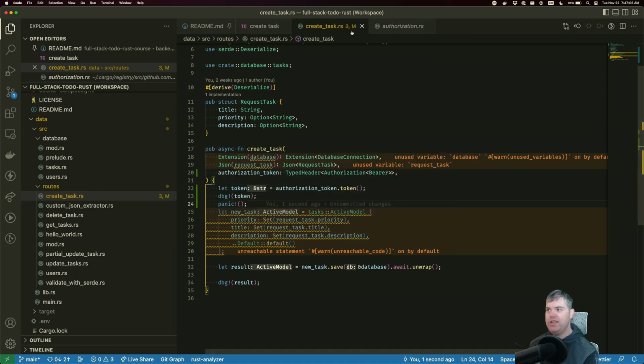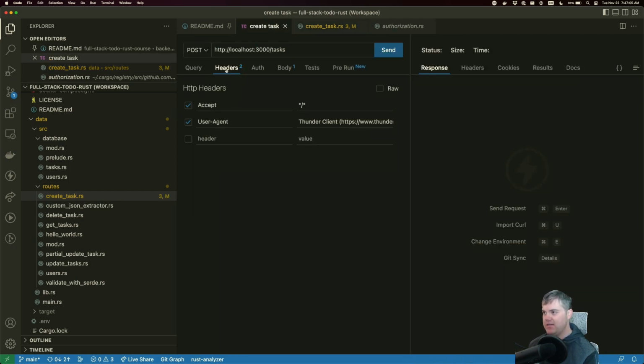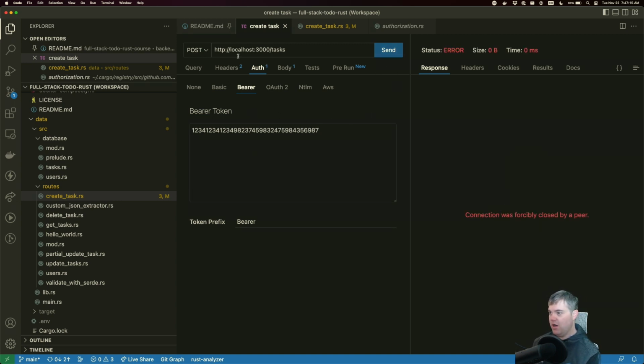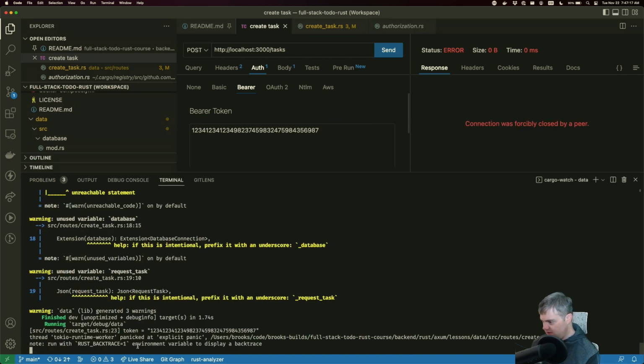Okay, so create task. We come back to here, we go to auth, we go to bearer, and we say we want something like that. Oh no, forcibly closed by peer. And there's the token, 1, 3, 7. Okay, yeah, that works pretty well.